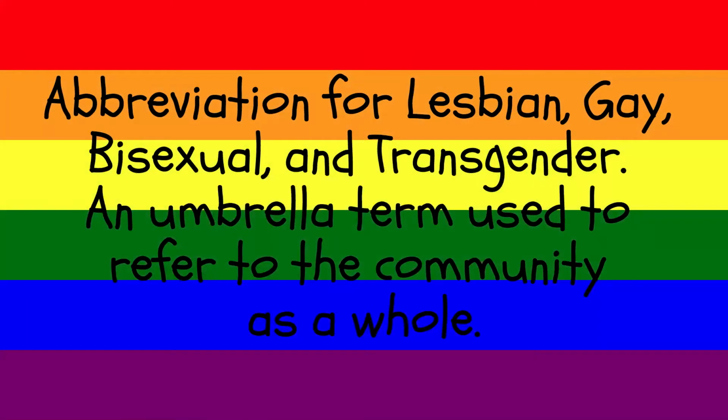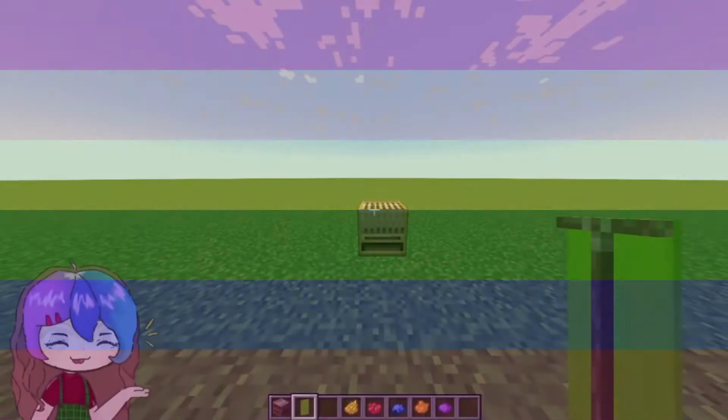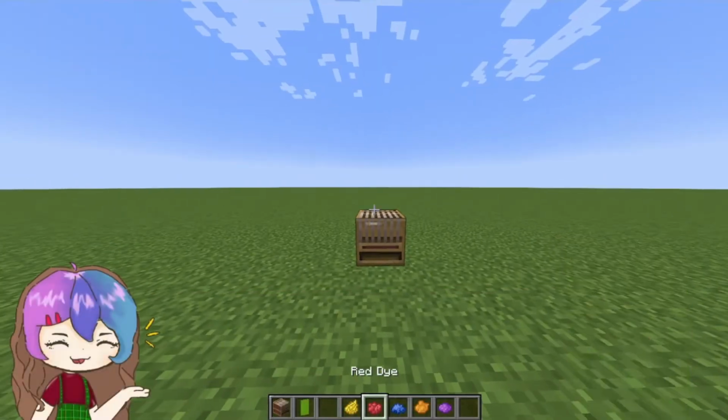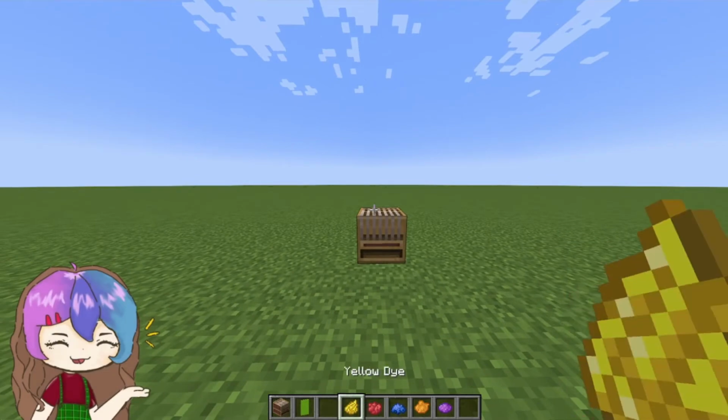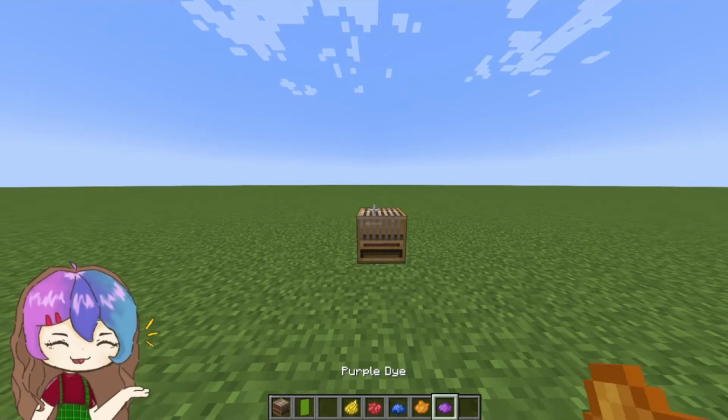So the first flag we're going to make is just the LGBT umbrella flag. Some people use this as the gay flag. I just use it as a LGBT umbrella flag. So for this one, you're going to need a lime banner, yellow dye, red dye, blue dye, orange dye, purple